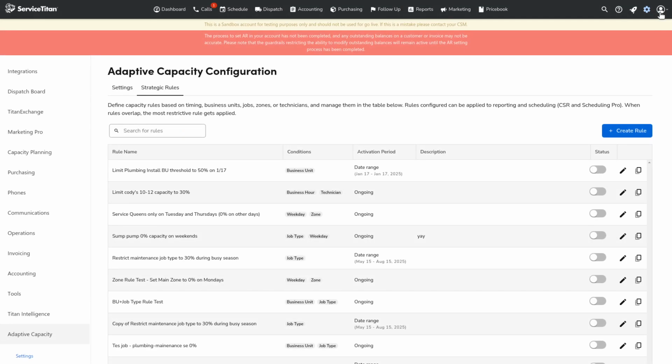Now that you've taken a look at adaptive capacity and ServiceTitan CR-related documentation, to dive deeper into adaptive capacity,